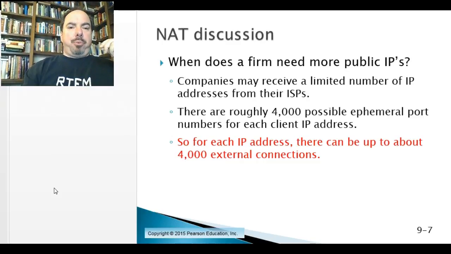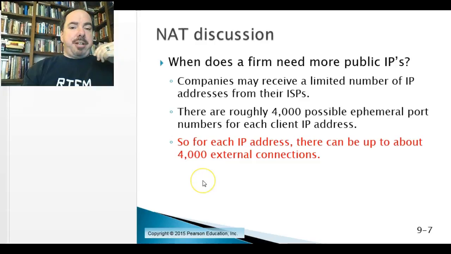Keep in mind when we discussed ports earlier at layer 4 that there are 65,000 or so possible ports, all assigned to specific software applications. But at the top of that list, there were all of the TCP/IP ports, and then the registered ports, and then at the top of the list, there were about 4,000 ephemeral ports. Ephemeral is just another word for dynamic or temporary. They're available ports to be used for whatever. Well, we need available ports for doing port address translation. So if there's about 4,000 available, that means each public IP address that's assigned to us, we could map out